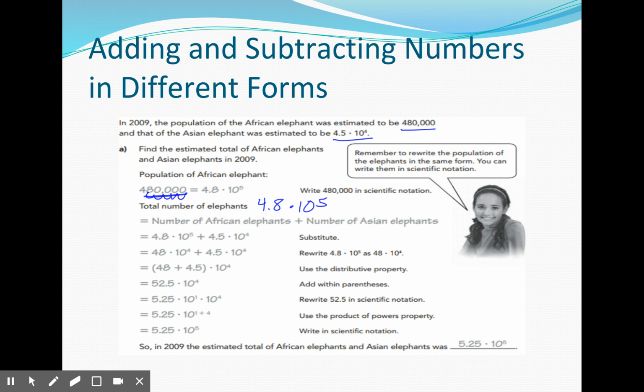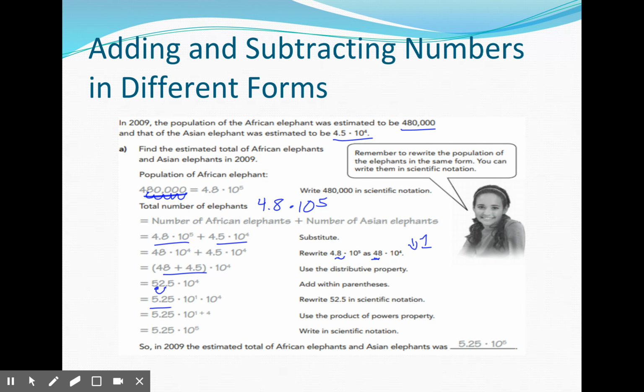And then I'm just going to follow my steps like I did in the last couple examples and get them to be the same exponent. So 4.8 times 10 to the fifth, I want to change it to 10 to the fourth. I'm bringing that exponent down by 1. So I'm moving my decimal over. So I get 48 times 10 to the fourth. I add them together. 52.5 times 10 to the fourth. I move my decimal to get it back in scientific notation, and I get 5.25